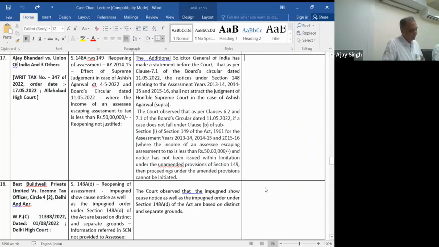An important observation in this order is that the Additional Solicitor General who appeared in the matter had made a statement that, in context to the board circular, the notice under 148 relating to assessment years 2013-14, 2014-15 and 2015-16 shall not attract the judgment of the Honorable Supreme Court. To some extent, I think that statement made is correct